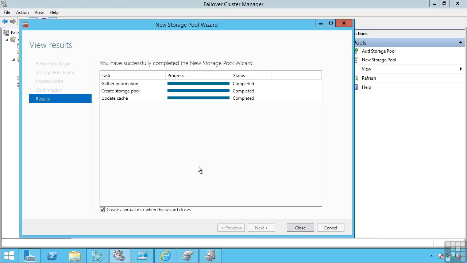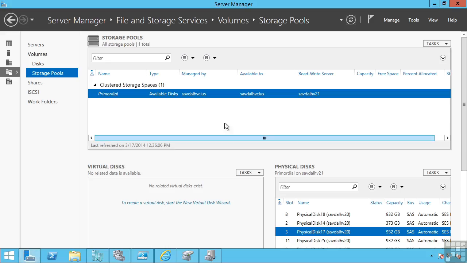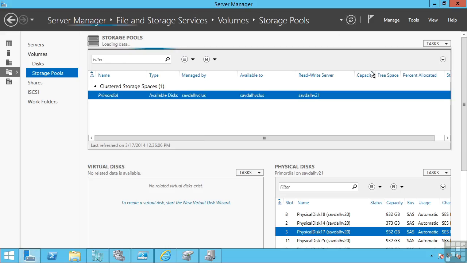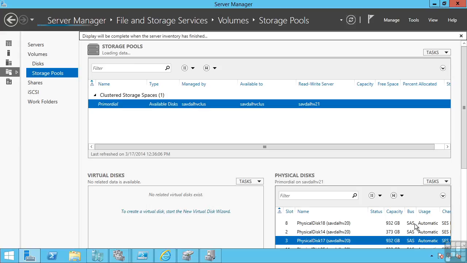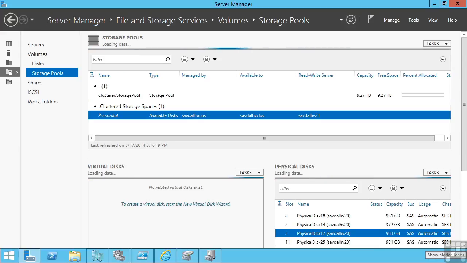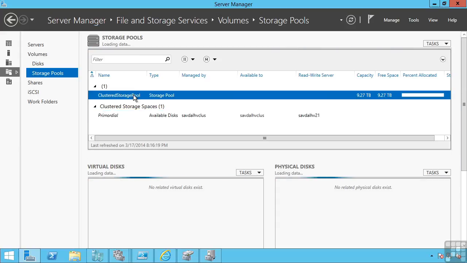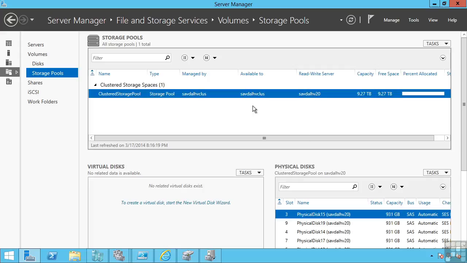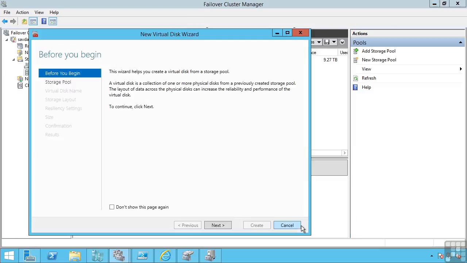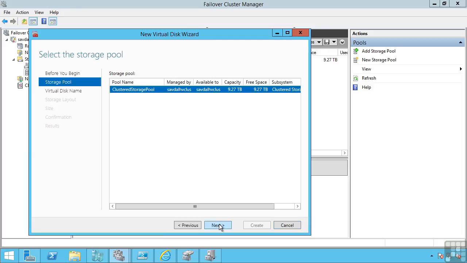Again, this is basically using the Server Manager wizards just triggered through Failover Cluster Manager. And again, if I refresh this view now in Server Manager, I would now see I have that clustered storage space using the disks in the external enclosure. So I can see that clustered storage pool is now present. This actually looks exactly the same. I select my pool,